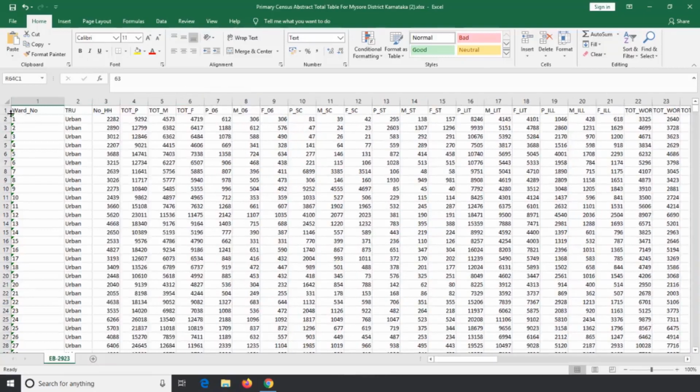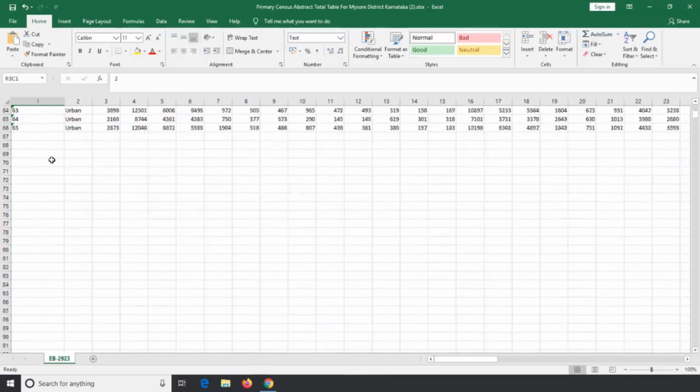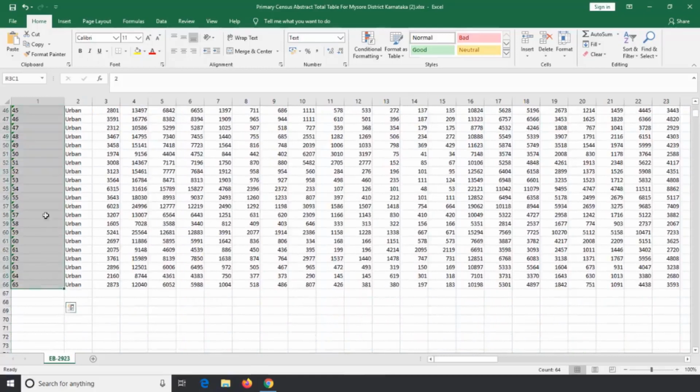Now we can see a green flag on the left top of the cell. It indicates numbers are stored in text format in the cell. To change this to number, select a cell and click on the warning icon at the right side of the cell. On the drop down list, click on convert to number. We can convert the cells one by one or select all the cells and convert them together.